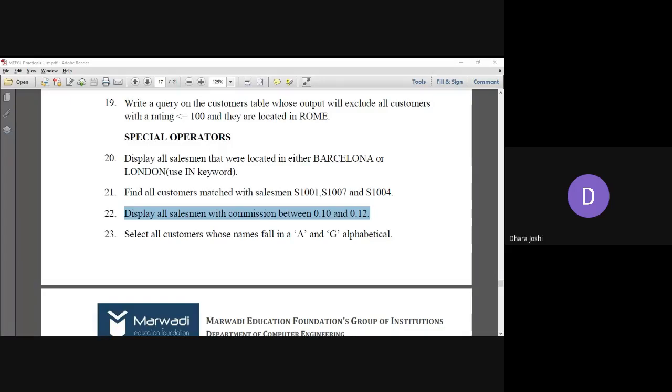The answer I got from Dhwani and the query I have written will both give a similar result. Whether you use between or any other operator, it will be fine, but the result should be equal because the query interpretation should be the same.